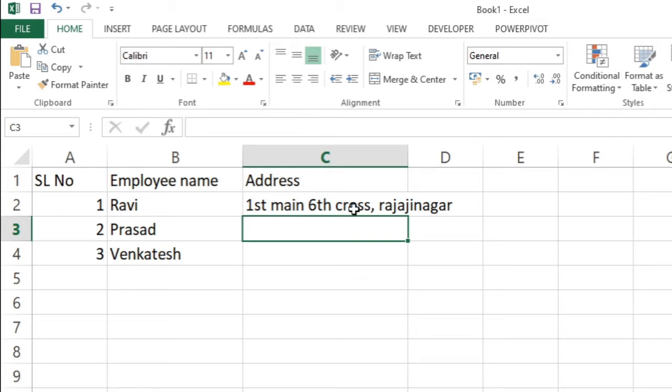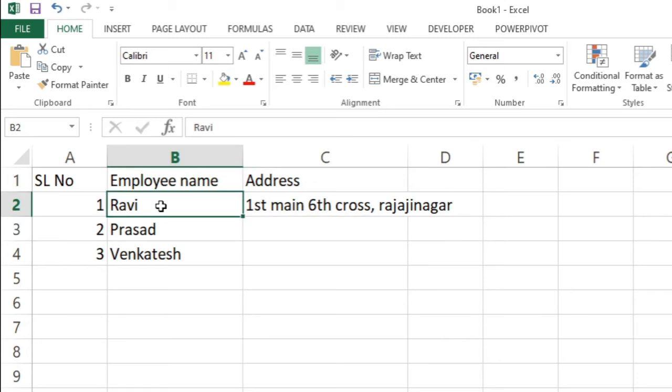So this is how you can enter some data. You can override by just clicking on that cell. If you start typing some new text, it will just get overwritten.